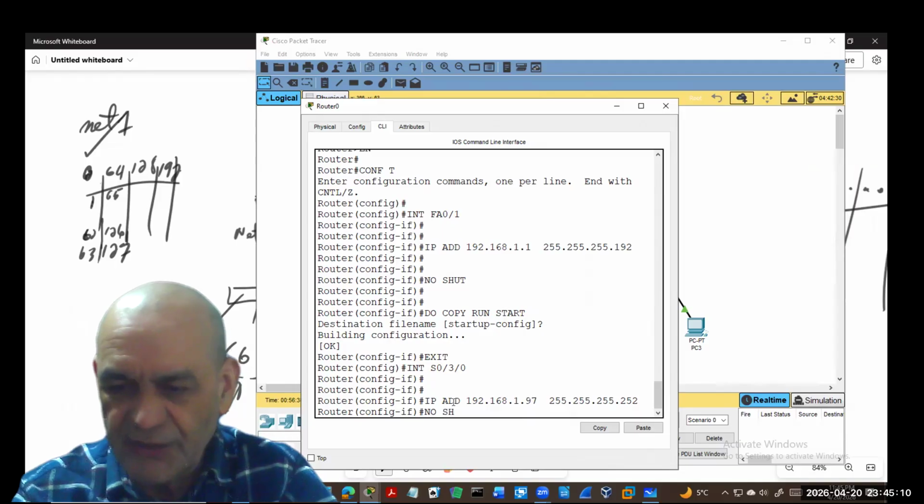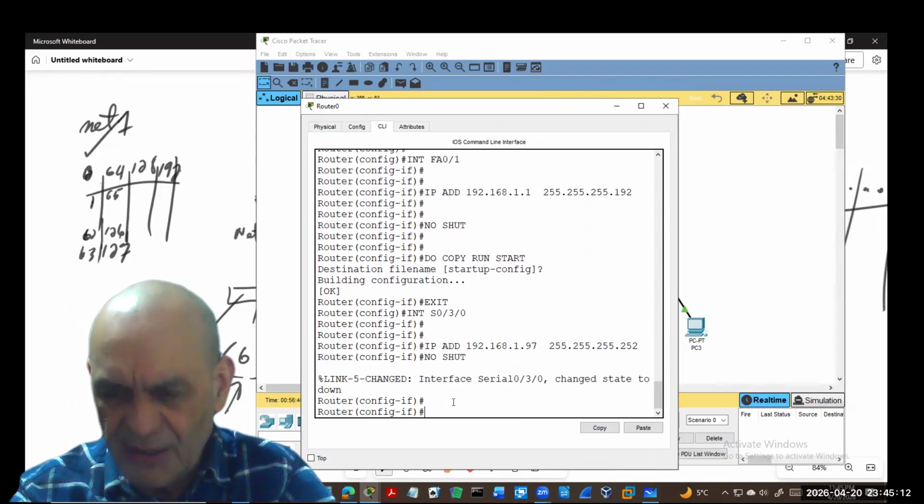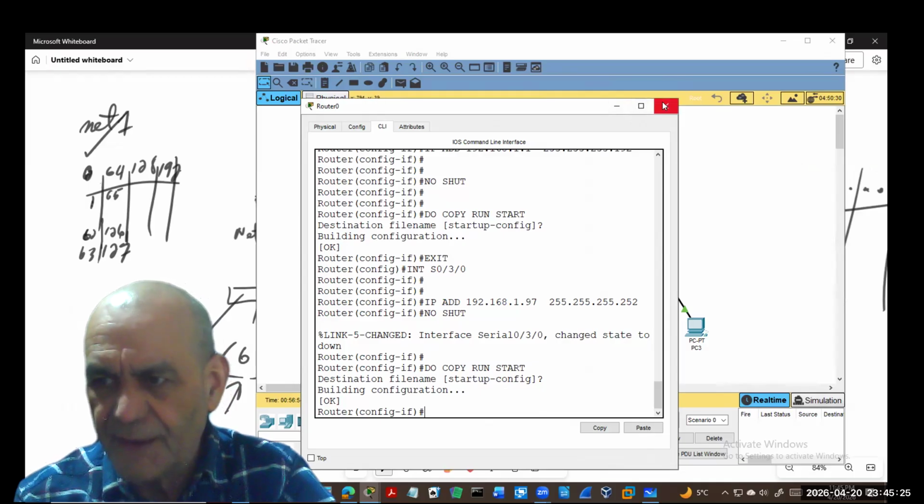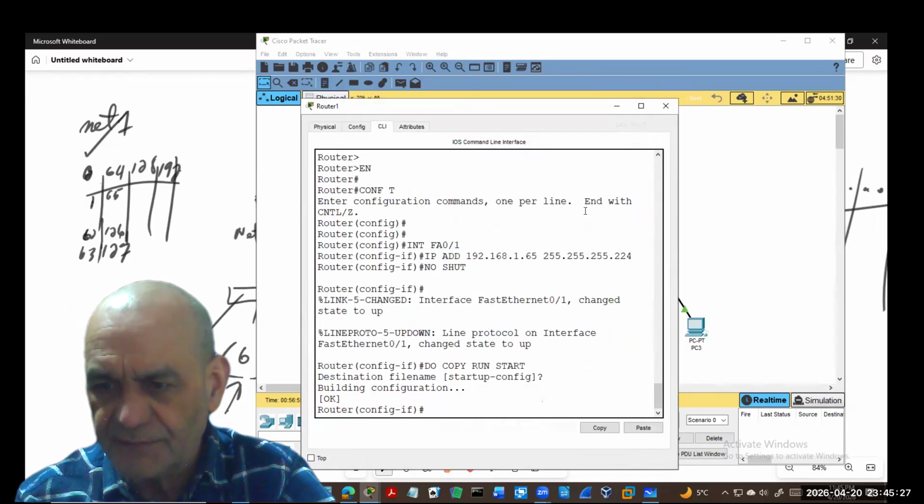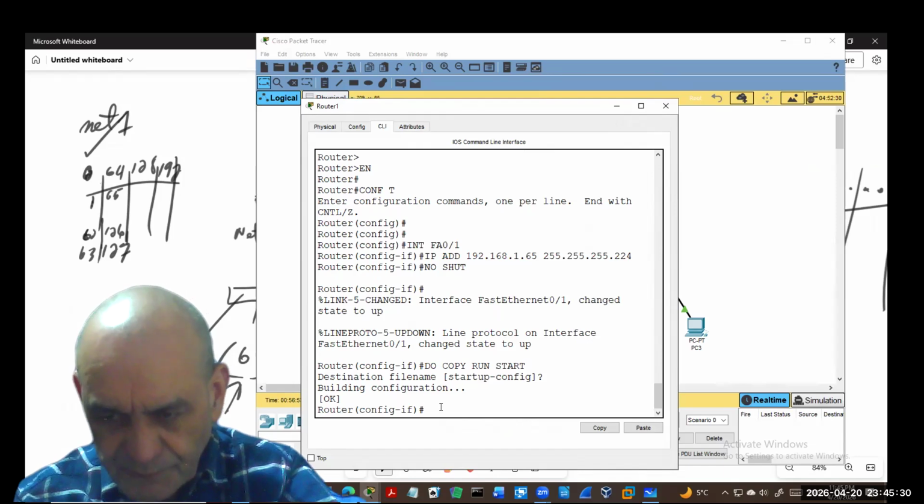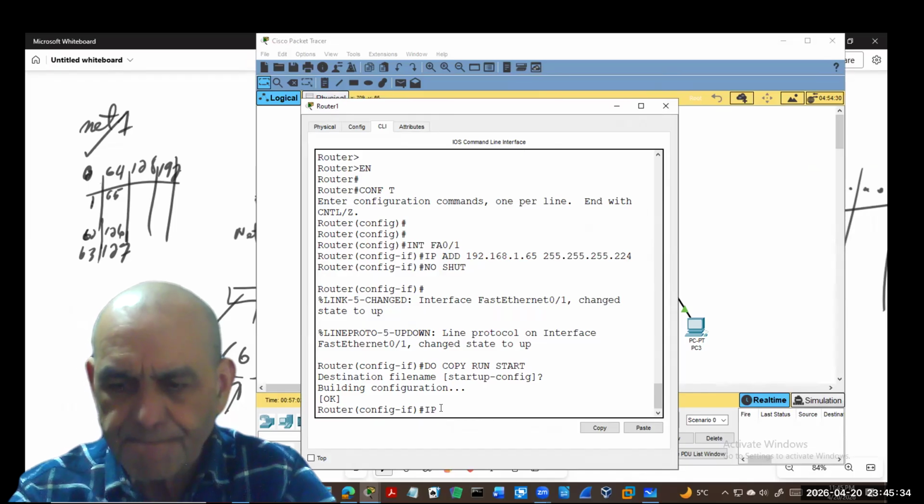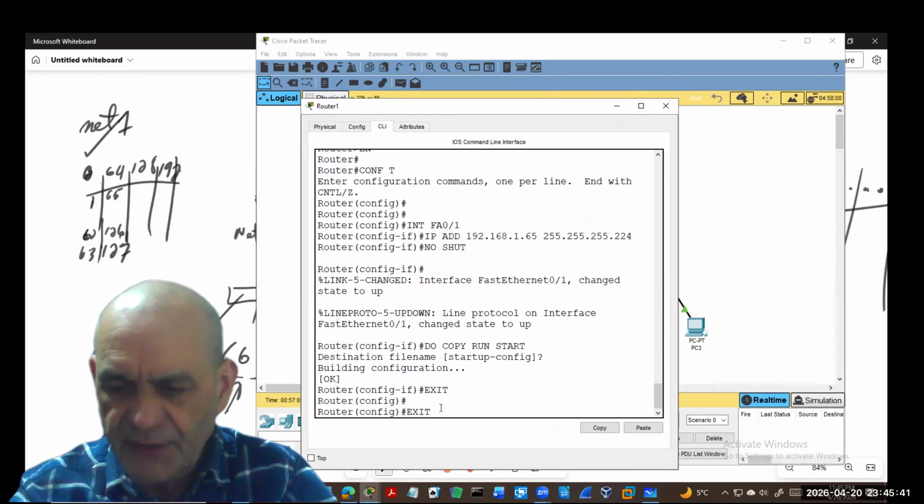So no shut, right? Turn it on. Remember, on a point to point, it has to be both sides no shut before it turns green. And then do copy run start. Okay, so I go to the other side. I go to the other side, and then I have to go exit up and then go back,